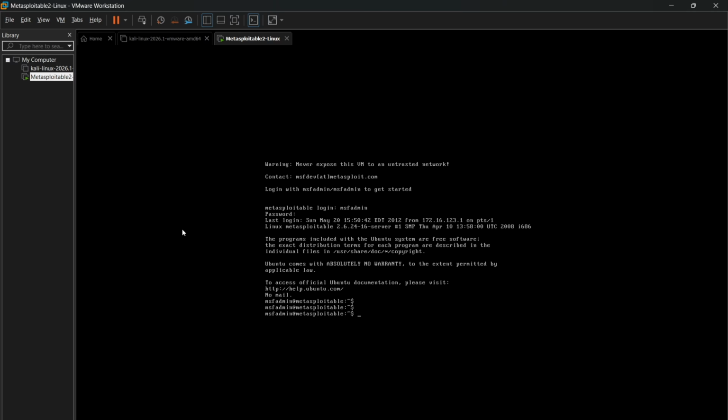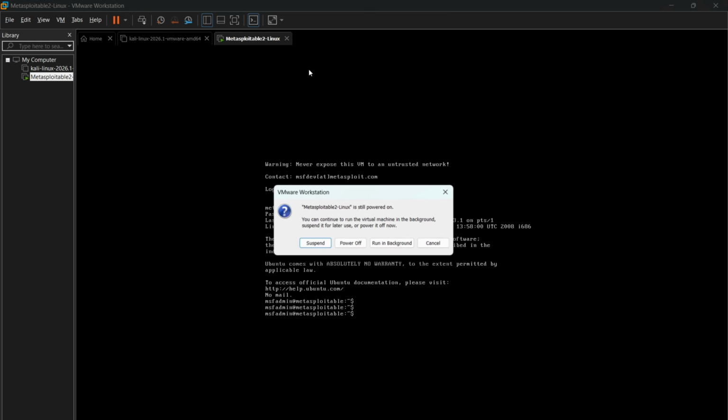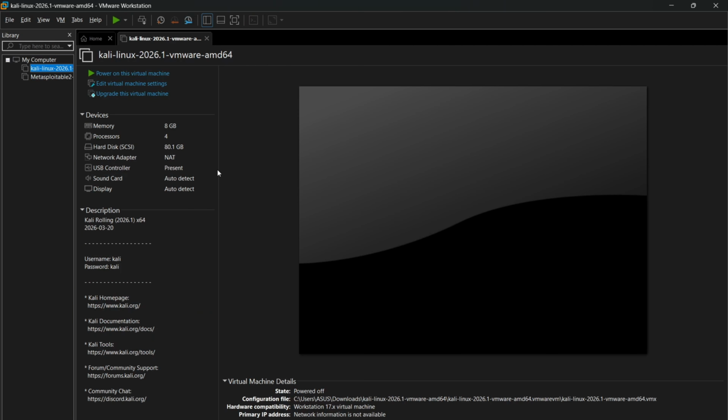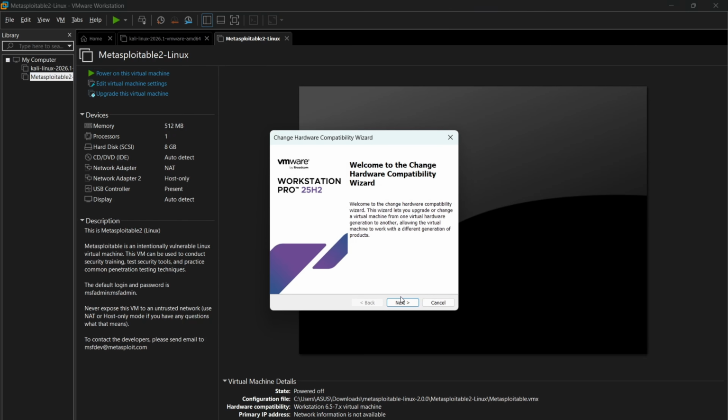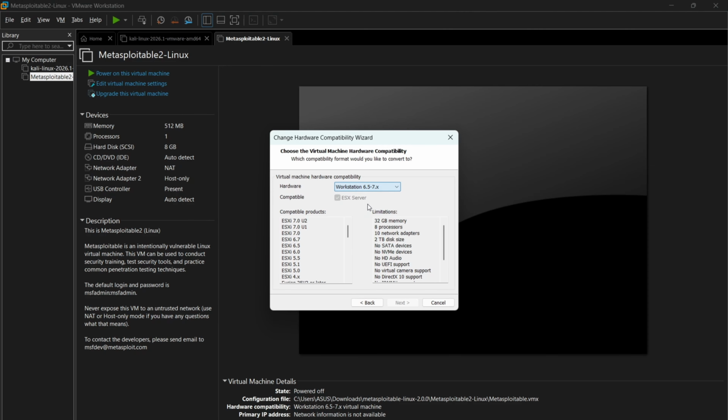Okay, so if you face any problem related to the cursor, then you can press Ctrl plus Alt, right, and you will see your cursor again. And if the problem continues, then you can just go and upgrade this virtual machine and select anything above 16.